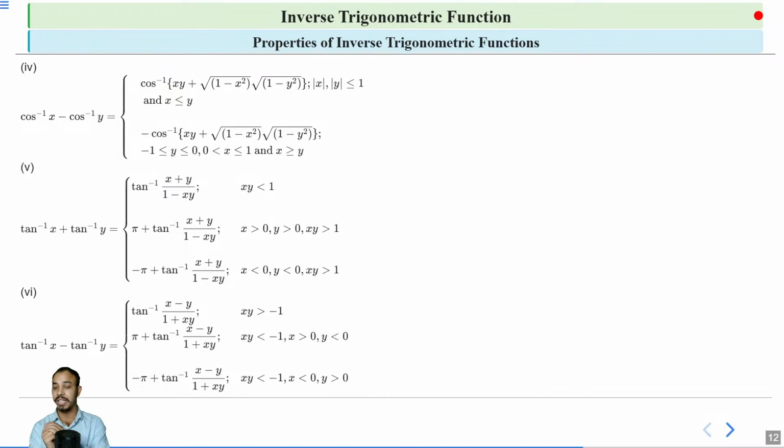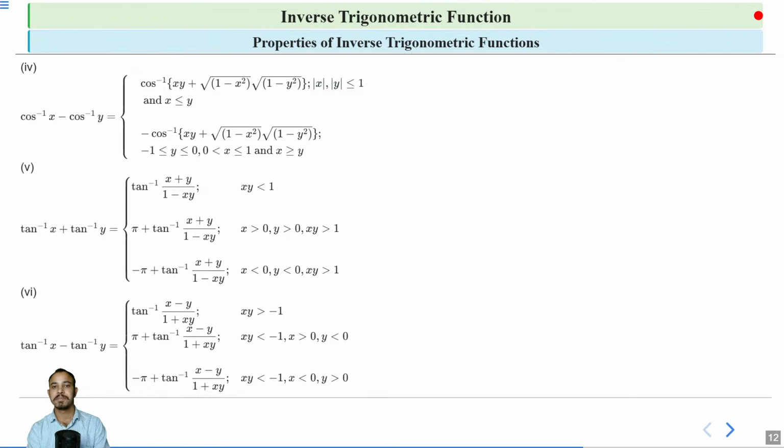Okay, and when x times y is less than minus 1 and x is less than 0 and y is greater than 0, then tan inverse x minus tan inverse y is equal to minus pi plus tan inverse of (x minus y divided by 1 plus xy). Okay, so you have to remember these properties and keep them in your mind. These are very important properties from the point of view of the JEE exam. Okay,